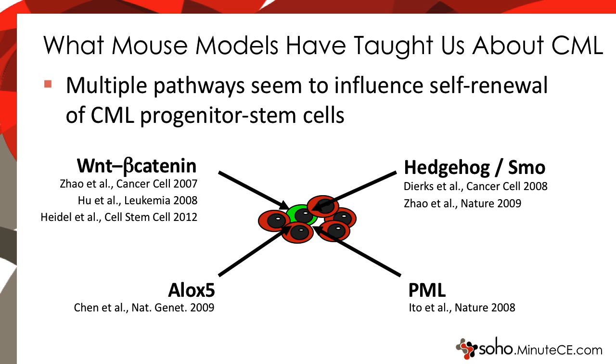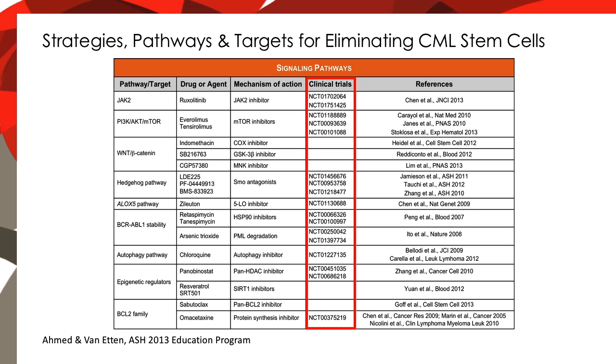Among these are the Wnt beta-catenin pathway, the hedgehog smoothened pathway, a pathway involving ALOX5, which is a leukotriene metabolizing enzyme, and the PML gene, promyelocytic leukemia gene, which is involved in nuclear bodies and regulation of BCR-ABL stability. As a consequence of these discoveries, there are numerous clinical trials of targeted therapies which are directed at these pathways. And the goal of these trials is to try to eliminate minimal residual disease in CML, leading to permanent cure